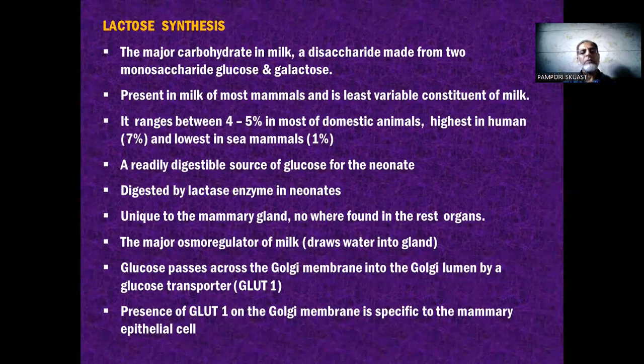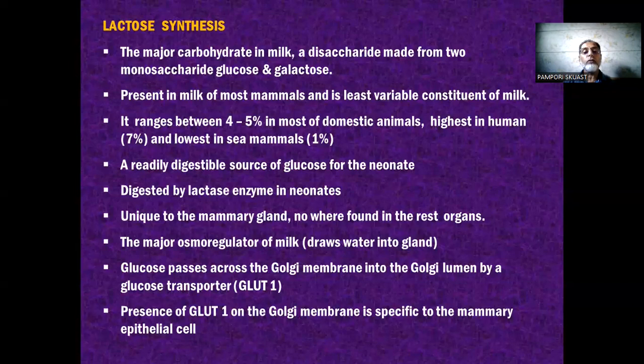Maybe during disease conditions, and maybe very early lactation. This is present in the milk of most mammals and is the least variable constituent of the milk. So this carbohydrate moiety of the milk, what we name as lactose, is in most mammals the least variable constituent. It doesn't vary much, ranging between 4 to 5% in most domestic animals, and it is highest in humans, some 7%, whereas very low in sea mammals, maybe 1% or even less than 1% of this